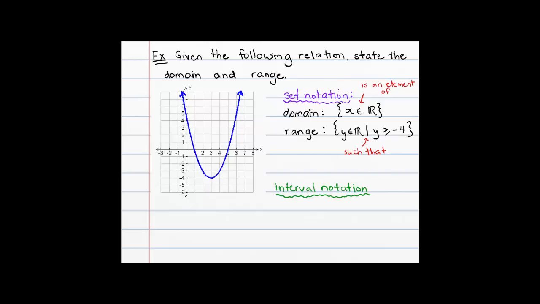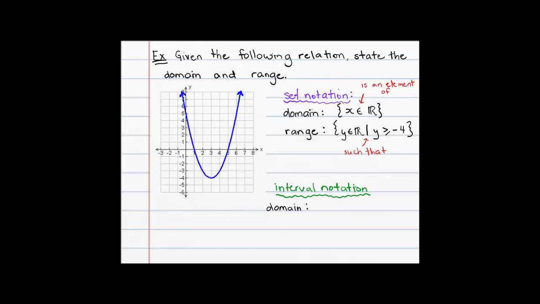Another way to write this exact same domain and range is what's called interval notation. Interval notation is going to use brackets, and it's just another way to write a set. So let's go back to the domain. We said that the domain of this function was all of our possible x values, so any x value inside the real number set. When we're writing interval notation, we're going to start off with a bracket,